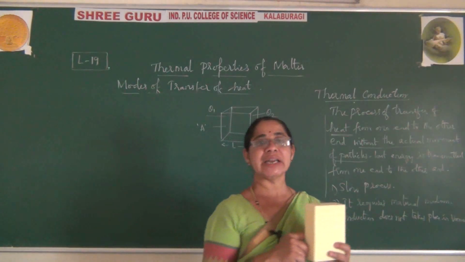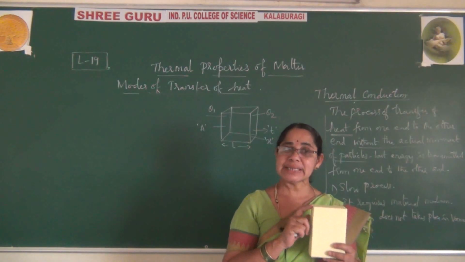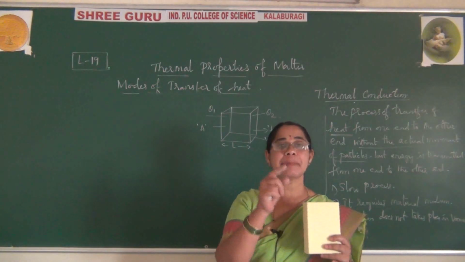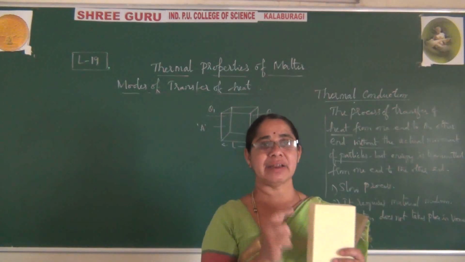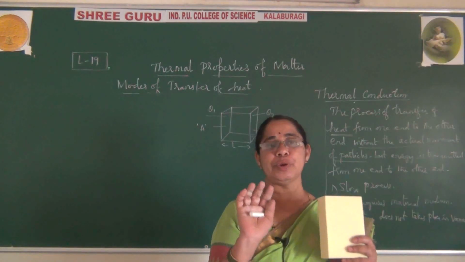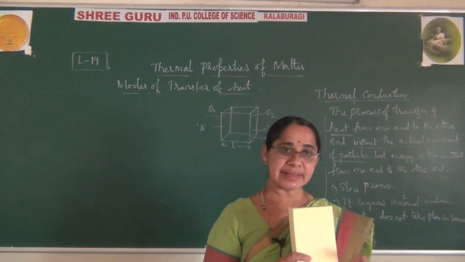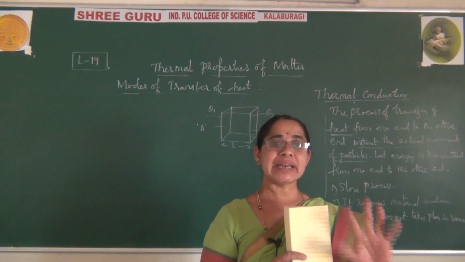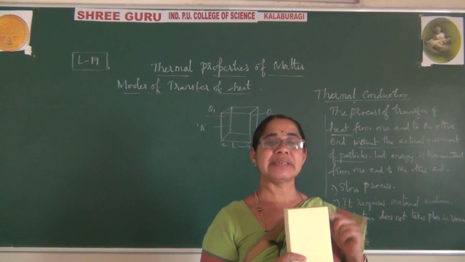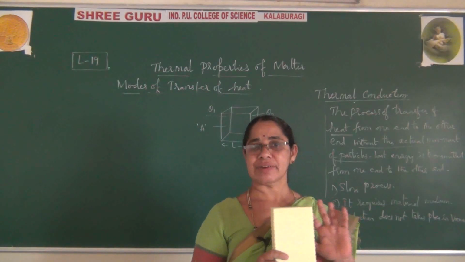Here, to avoid confusion, I have taken temperature in terms of theta and time in T seconds. If you want to write temperature as T, you should represent it by capital T. If this is capital T1, this will become capital T2. And time is represented by small t. Hope you understood what I said just now. Whichever you are comfortable with, you can take. But if you are taking theta for temperature, then T will be the time interval, small t. If you are representing temperature by capital T, that is T1 for the first phase, T2 for the second phase.